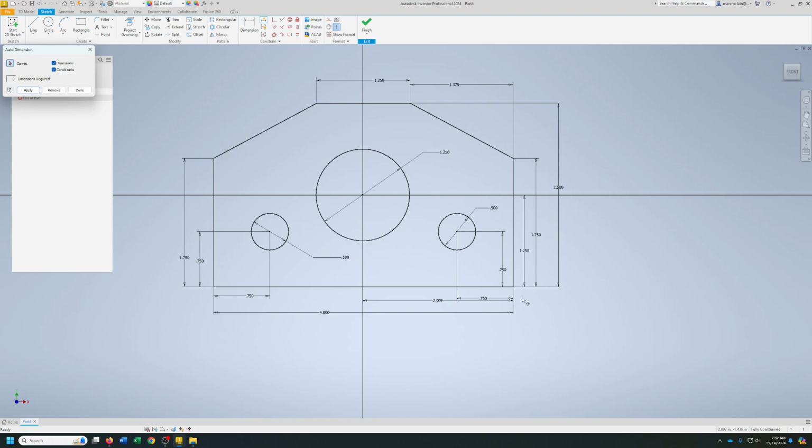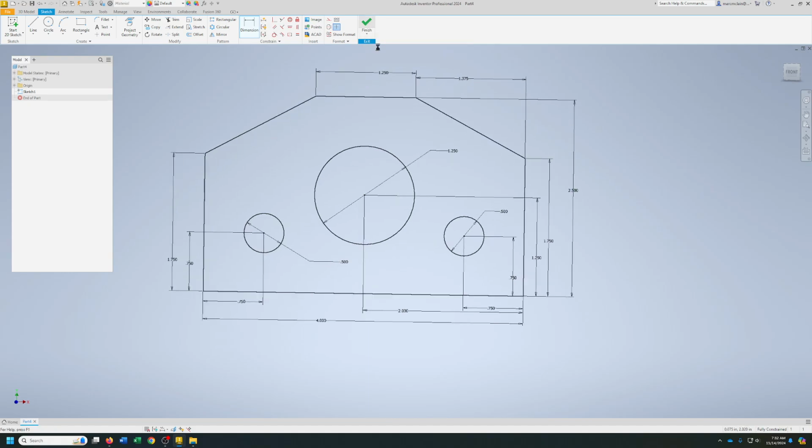Okay. So what that's doing is that's centering this. So let me remove that. Now I'll hit done. So what it wants me to do is it wants me to put a dimension here. So that's what we'll do. And we want that to be 2. And that centers everything up. Okay? So that's how you can figure out, it's like, well, dang, what am I forgetting? Because it'll tell you down here if it's fully constrained or not. Okay? And you want your drawings to be fully constrained most of the time. All right? That just makes life easier. And we'll hit finish on that. And now we're ready to